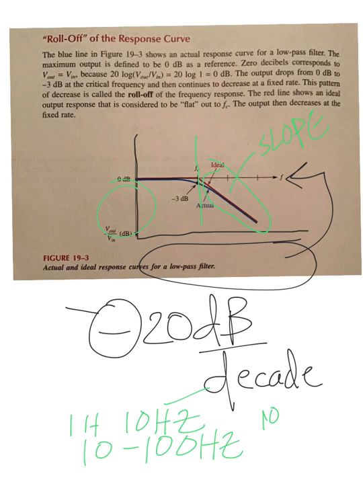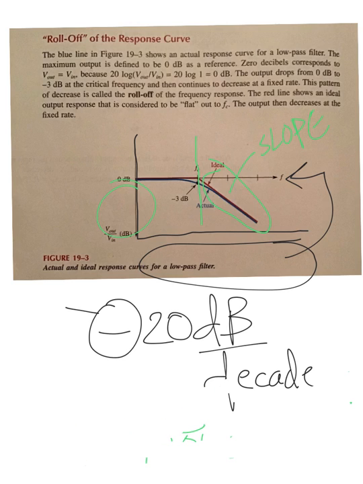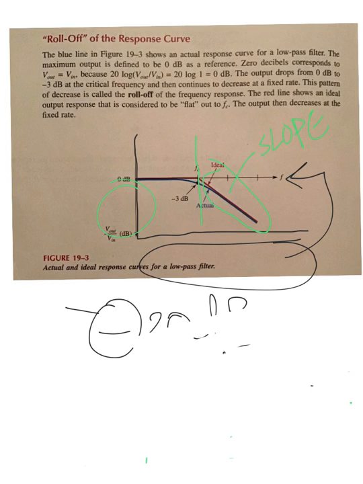If I go from 100 hertz to 1K, you got it, that's a decade. If I go from 1 megahertz to 10 megahertz, that's a decade. So what they're telling you is that with each decade, or change in 10 of frequency, this slope is on an aggressive path